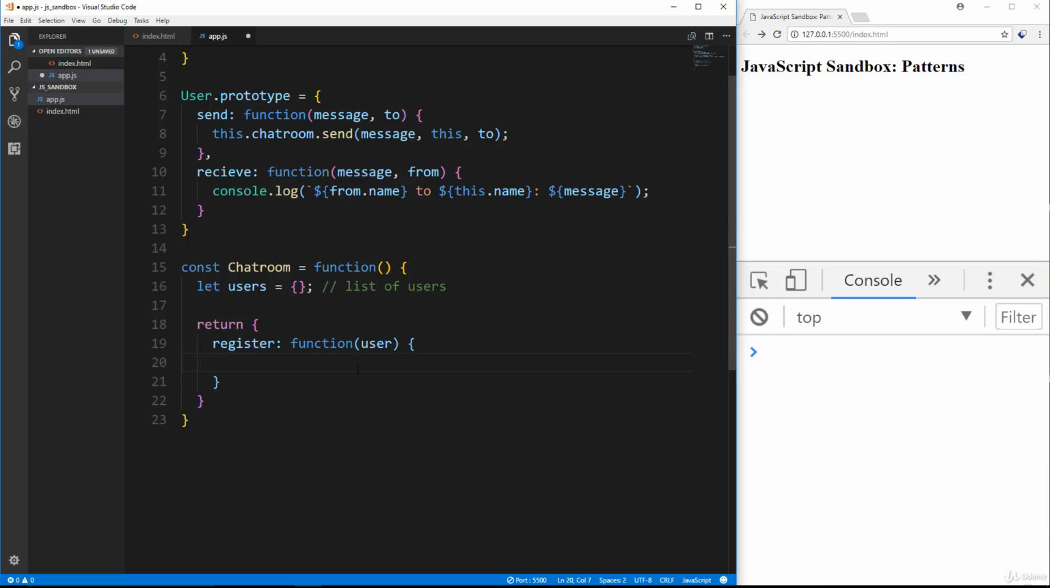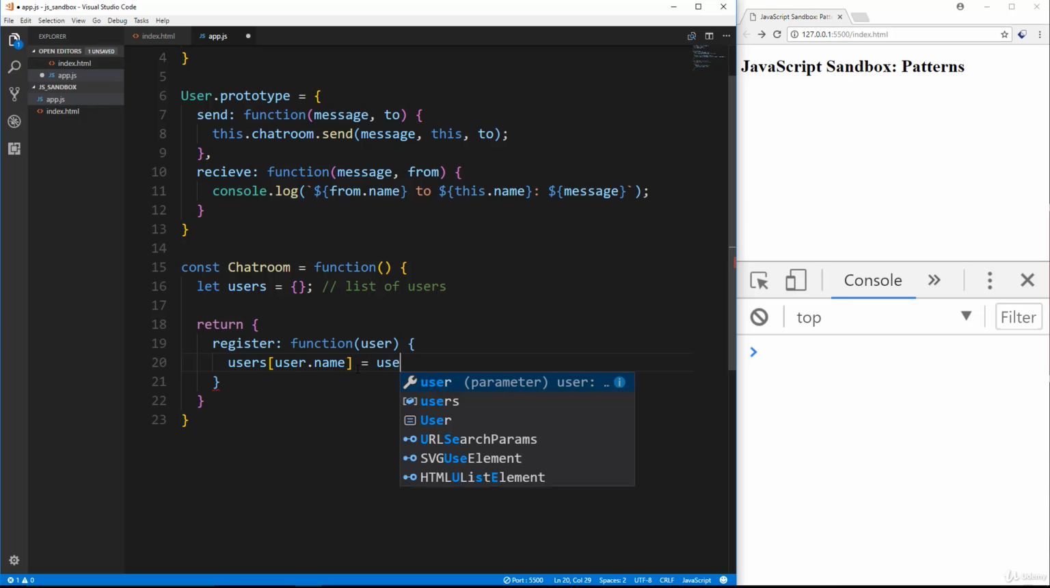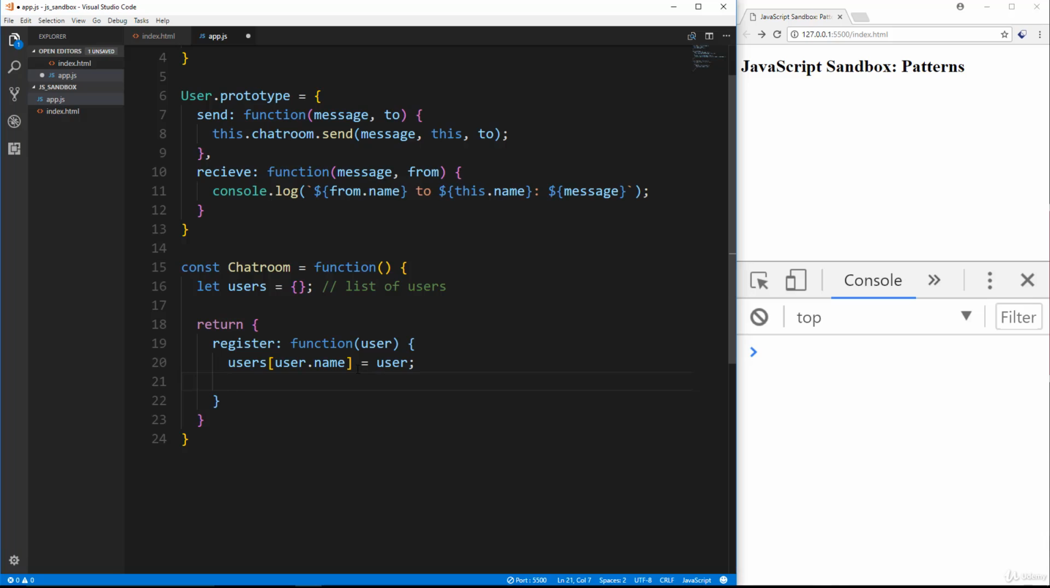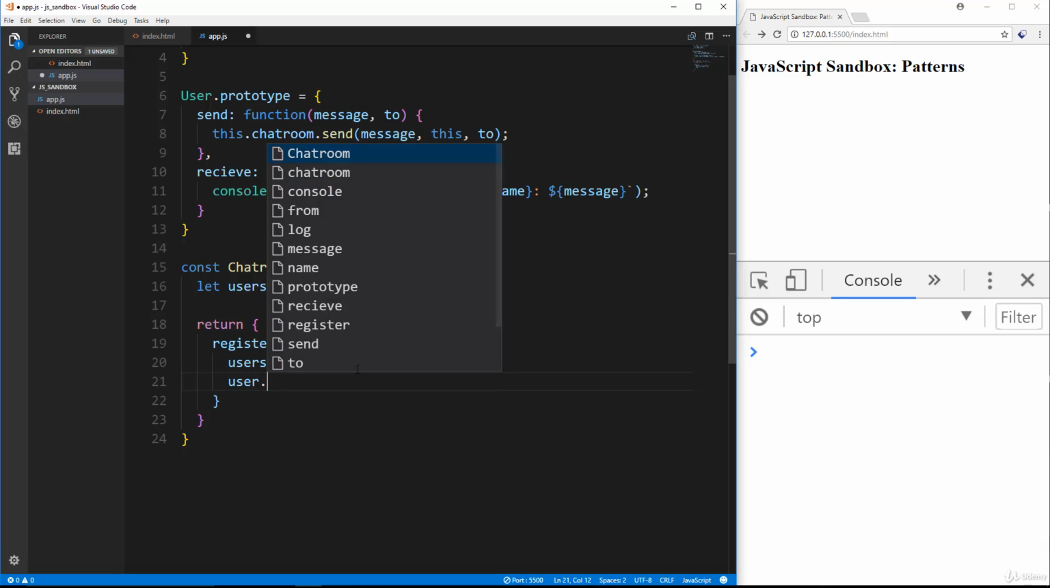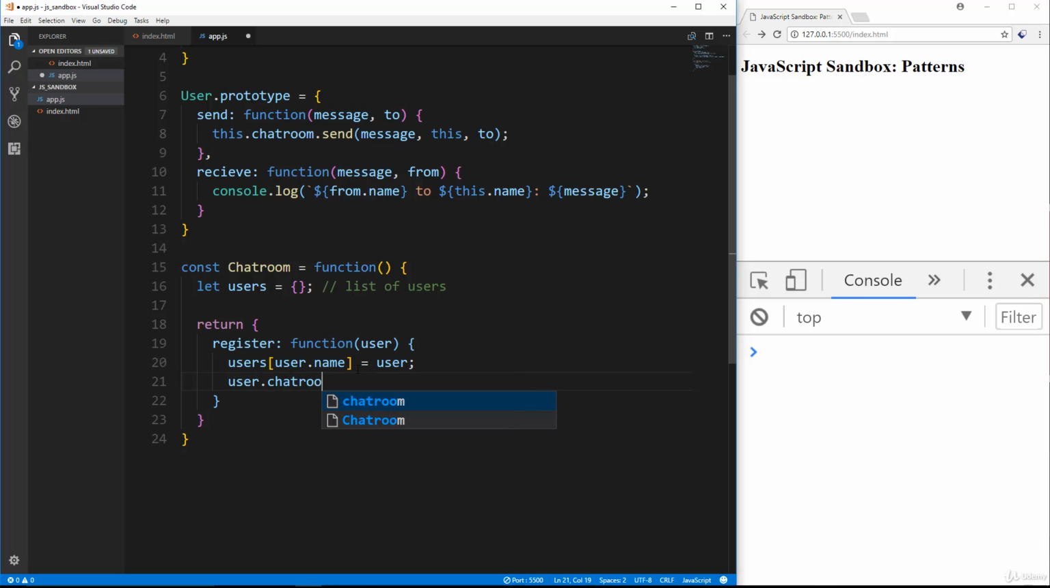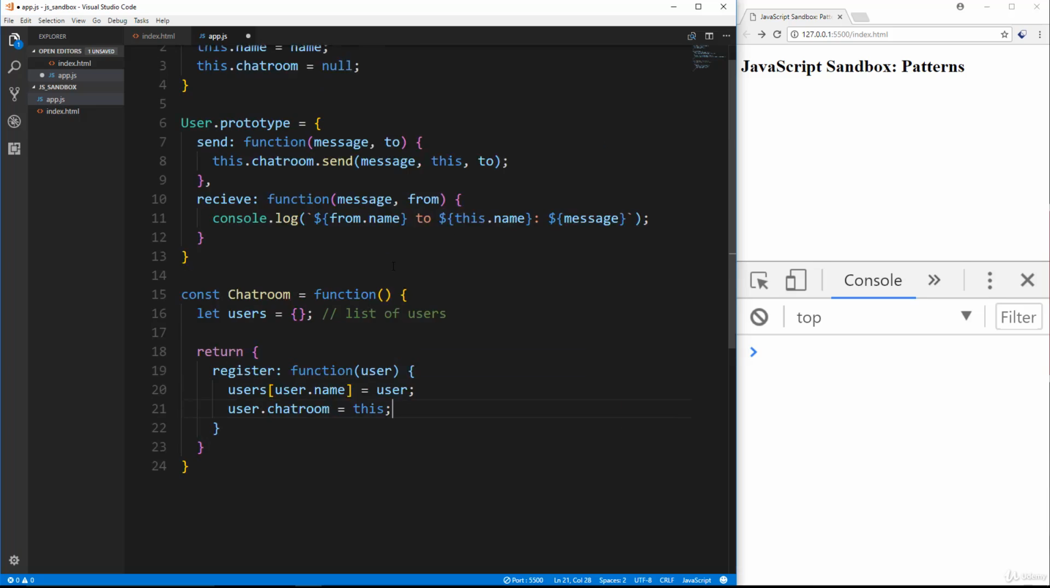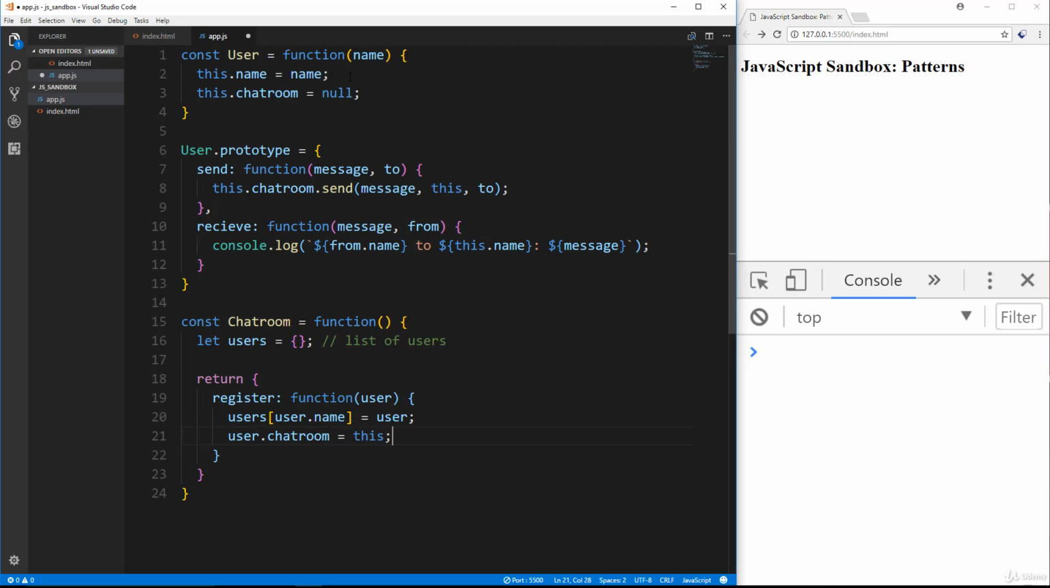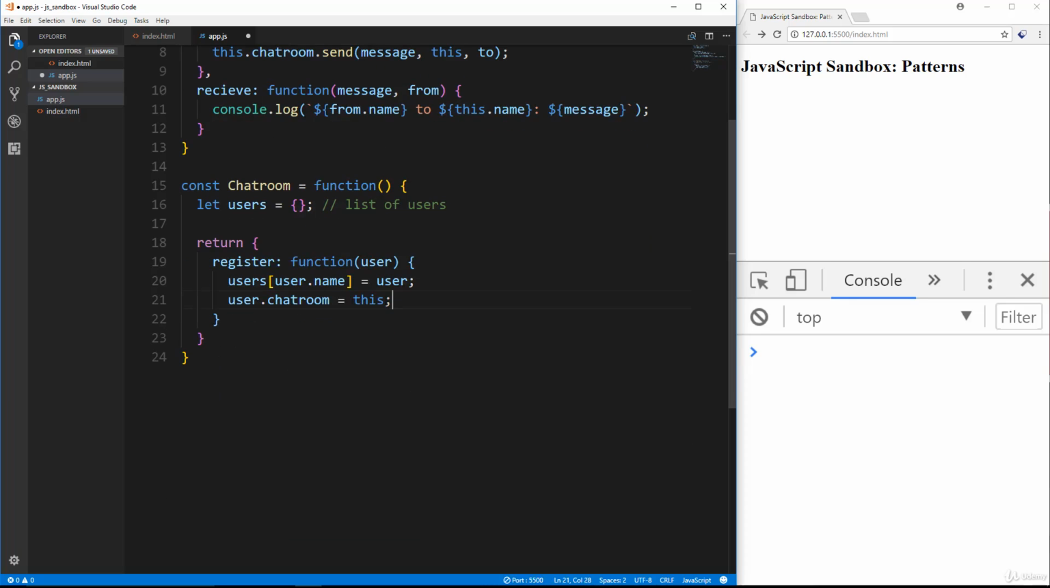Okay, and then we're going to set users, and then as a key we're going to use user.name. So user.name, and we're going to set that to the user that's being passed in. And then we just want to set user.chatroom to this, to the current chat room. And if we look in the user constructor, this.chatroom is null by default, but now we're setting it to